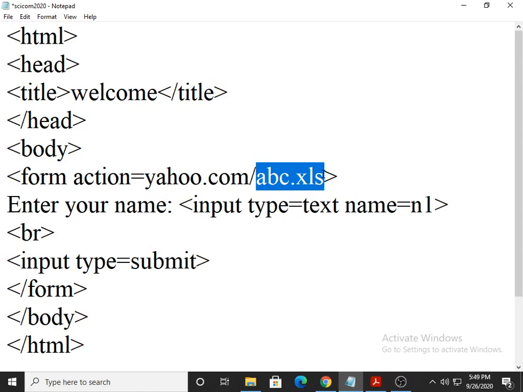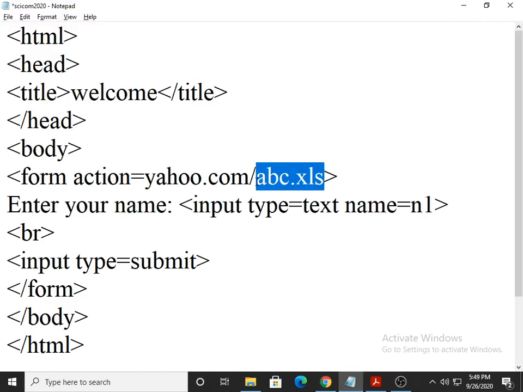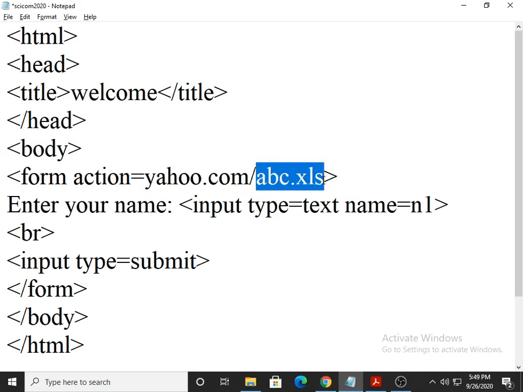For example, any student who fills up this form, writes the name and clicks on the submit button, then what happens? The data will transfer from that student's mobile or computer. I repeat, data will be transferred from that student's mobile or computer towards the server of Yahoo, and in the server of Yahoo it will be stored in the file whose name is abc.xls.